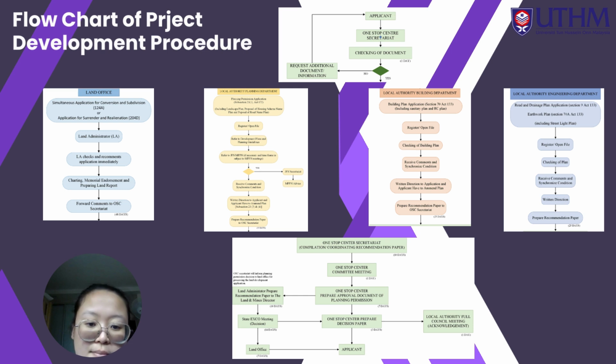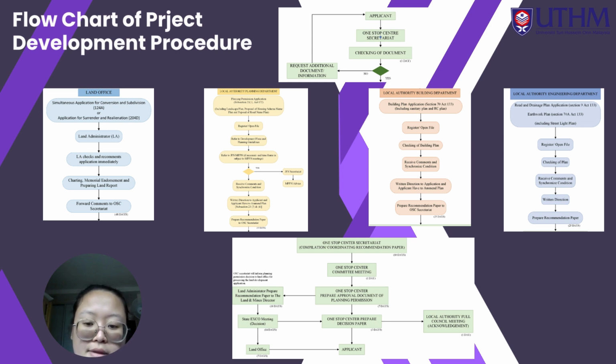local authorities building department. The building department is responsible for ensuring that the construction plan complies with all building codes and safety regulations. The building department may also conduct site inspection during this step to verify on-ground conditions. Once certified, they issue a building permit and allow construction to commence.